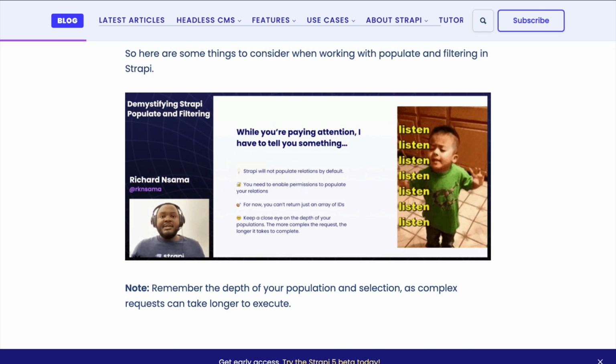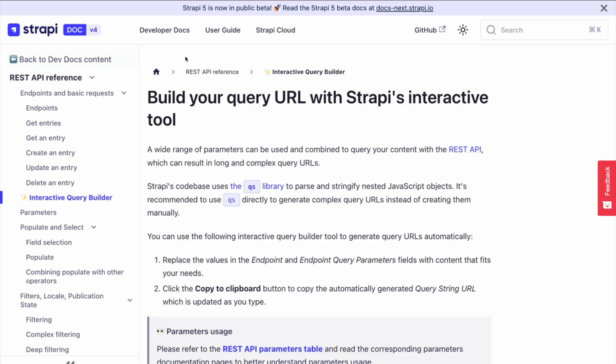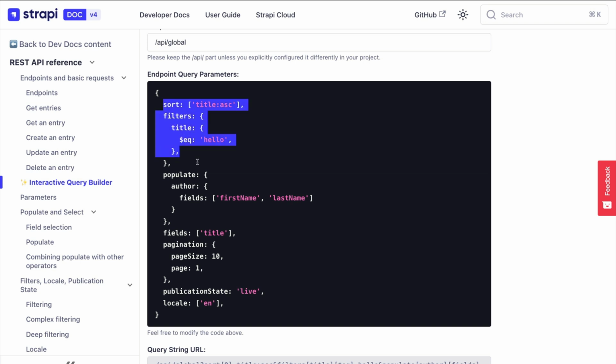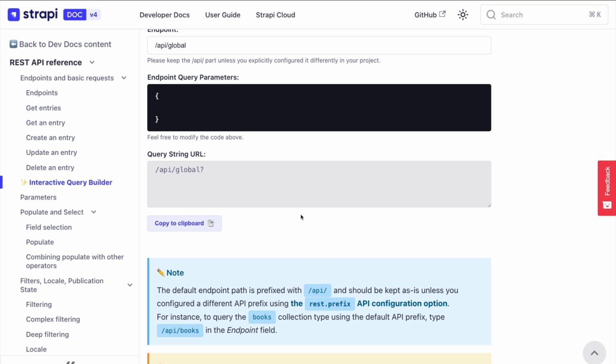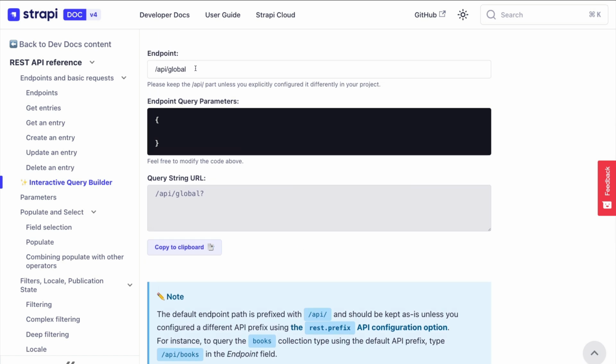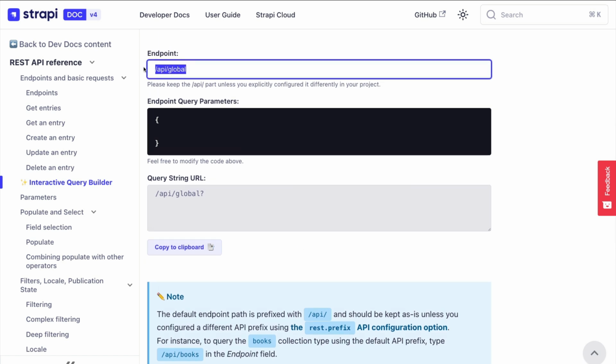This is based on an amazing talk done by Richard, who works here at Strapi. So you could search for Interactive Query Builder Strapi, and you will find this in our docs. And if you navigate down, here you're going to see an example of what populate and filtering looks like. We're going to delete this, and I'm going to show you what we're going to do. And here in the endpoint, just make sure that you end with API global,